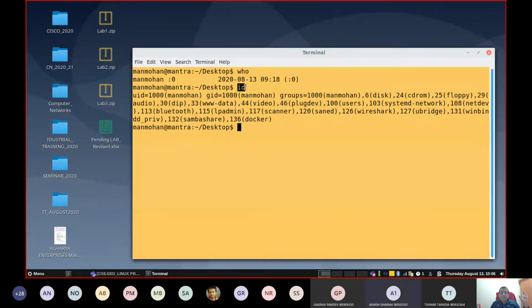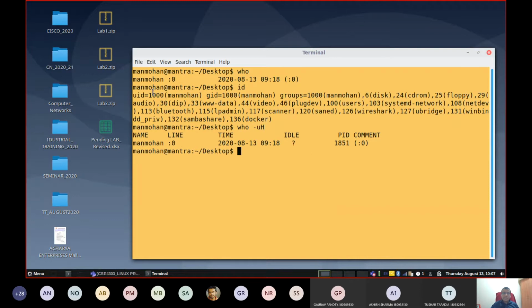Now id is one command that gives additional information regarding the users. Similarly, the next command is who. This who also can take some different options. Look into the details in the manual, the man command. Say for example here, because Linux is basically designed as a multi-user operating system, at a time multiple users can log in to the system. In that case, who are the users currently logged in? Then you will get this particular detail. Now only one user, I am the only user on this laptop.